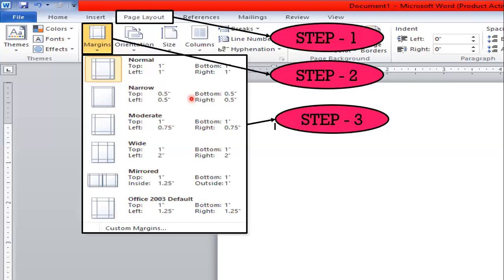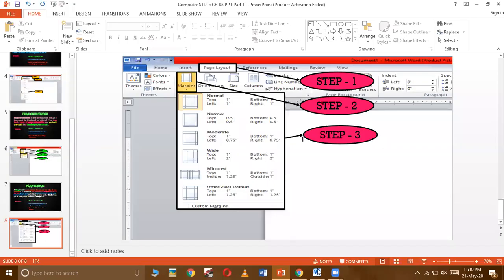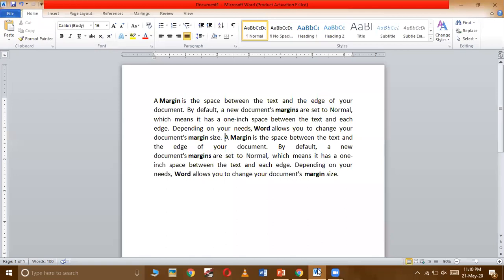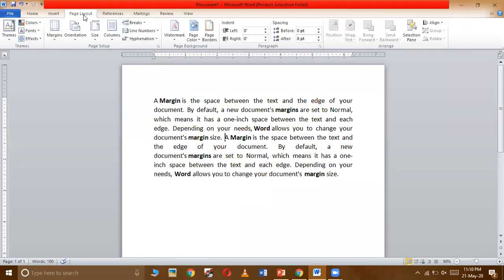So now let's see each of the topics one by one and each of the steps in the MS Word application. Let's open the Word application first. So now this is MS Word. For doing page designs or page formatting, first we need to go to the page layout tab. So click on the page layout tab. Now in the page layout tab, you can see this is the page setup group. In this, here is the size option, here is the orientation, and here are the margins.